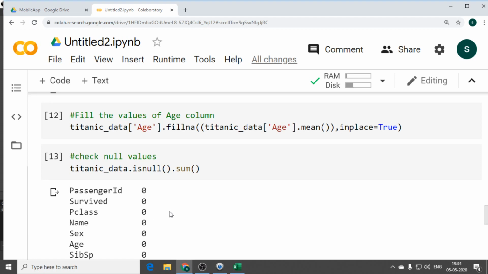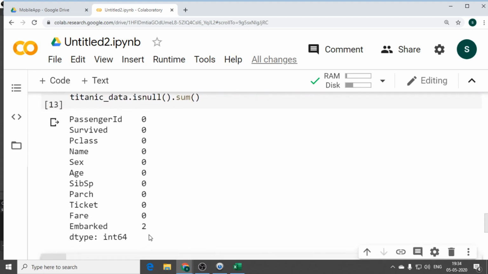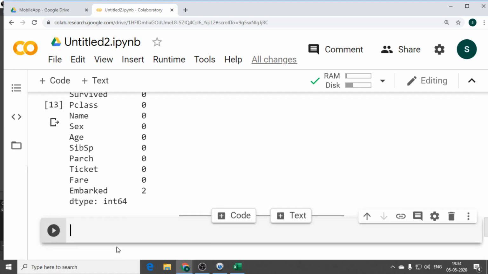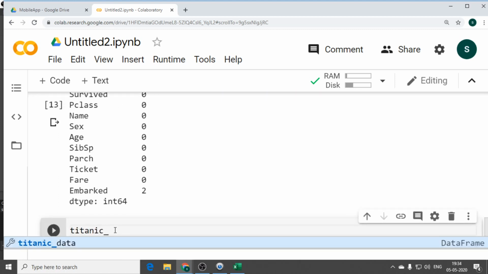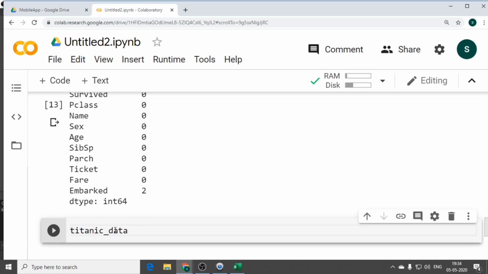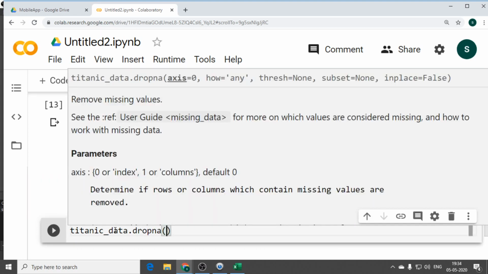Then finally, I don't want these two missing values also. So for that, I can directly drop them, because your model will not accept any kind of null values, since it takes a multi-dimensional array. Scikit-learn itself takes a multi-dimensional array.